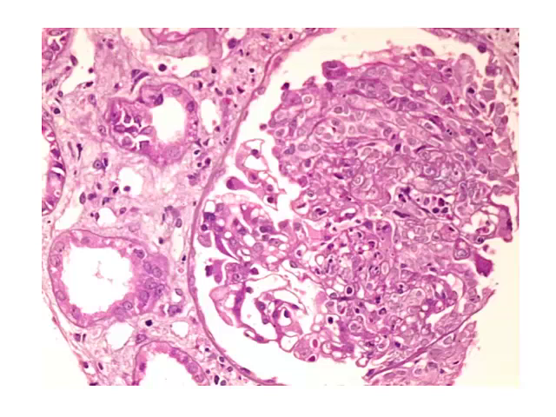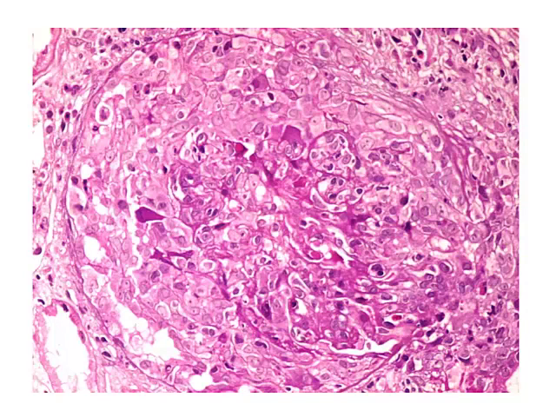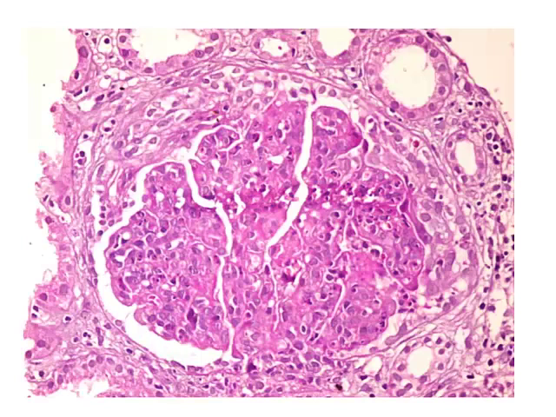Can I have the second slide? And you look here, this is a PAS stain. This is a full-blown cellular crescent, and although the tuft is a bit collapsed, you can still appreciate that there is proliferation in the tuft, and these areas are fibrinoid necrosis. And this is another glomerulus where you have what we call endocapillary proliferation, which means endothelial cells and mesangial cells, all of the tuft is proliferating, and you have these cells which are the neutrophils. So you also have the neutrophilic infiltrate within the tuft, and a crescent.